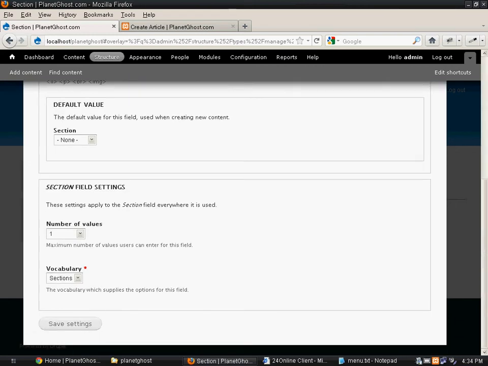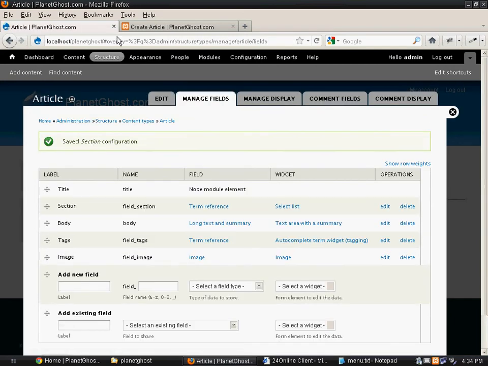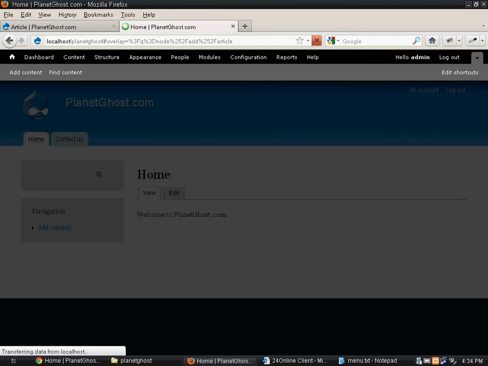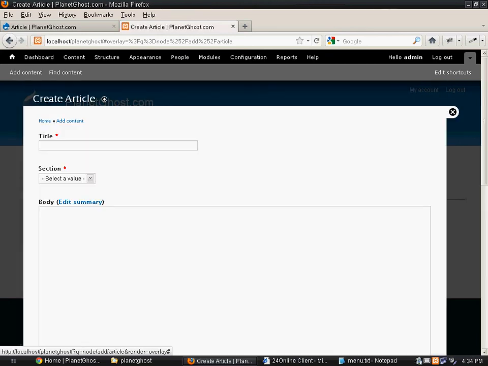So if we don't select a section, we won't be able to go any further. Okay, now I'll just refresh this page. You see the section is the second link here. We have to select a section to create an article now.